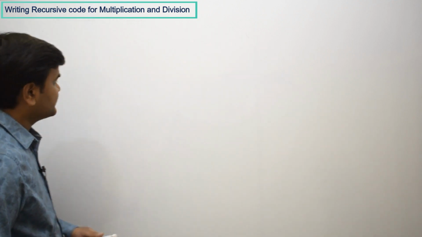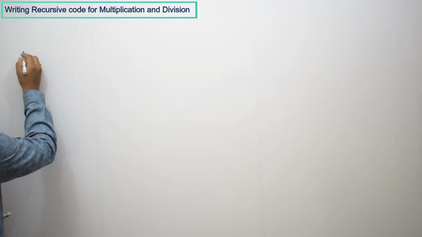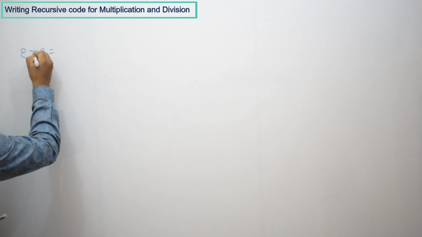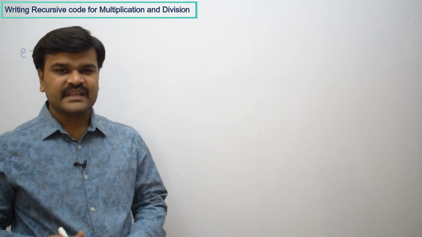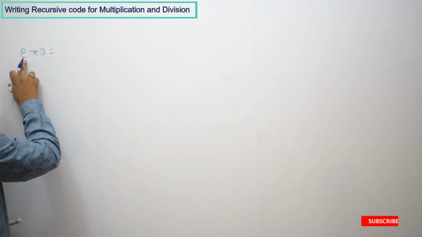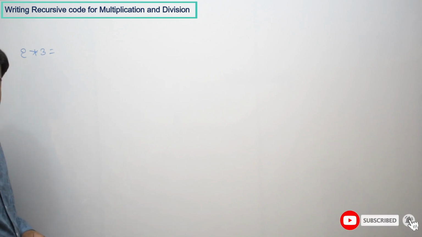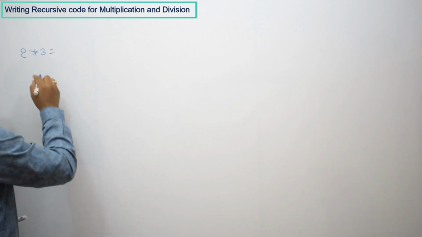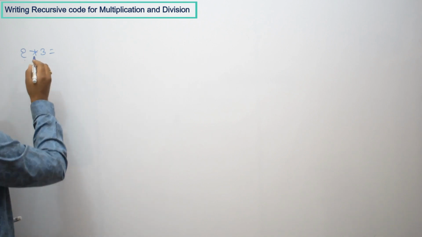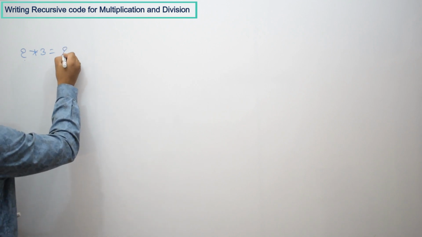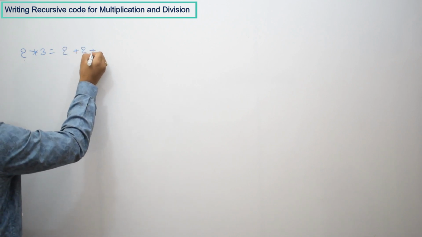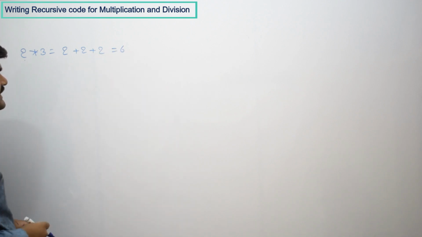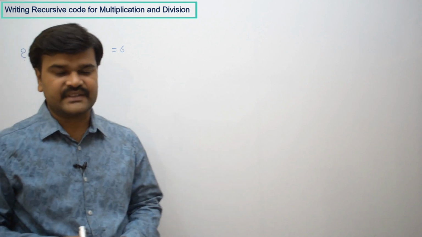Multiplication, if you see, we know how we are going to multiply. For example, if you take 2 into 3, what does 2 into 3 mean? All of you know that we want to add 2, 3 times, or in another way, add 3, 2 times. If you take 2, we are going to add it 3 times, that means 2 one time, second time and third time. This is going to give the result 6.